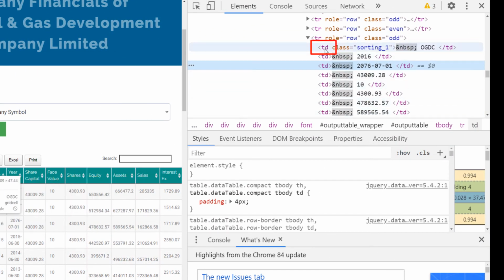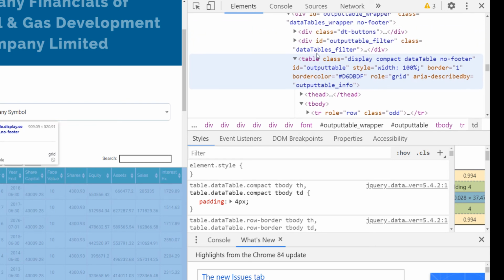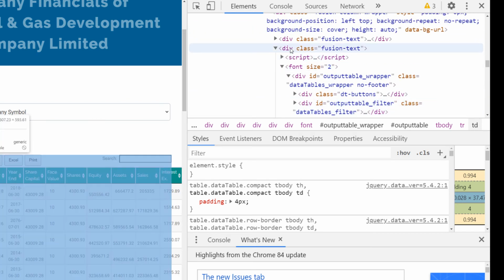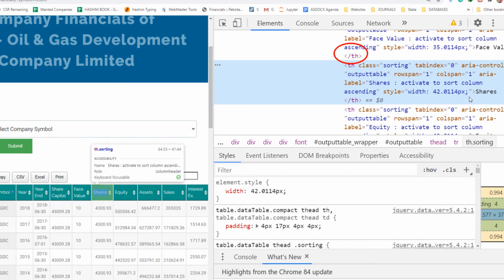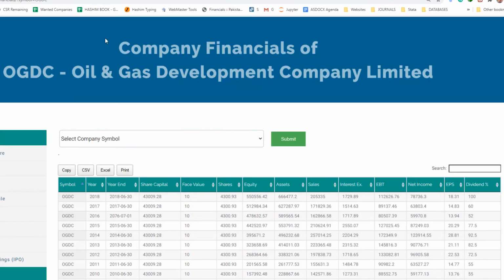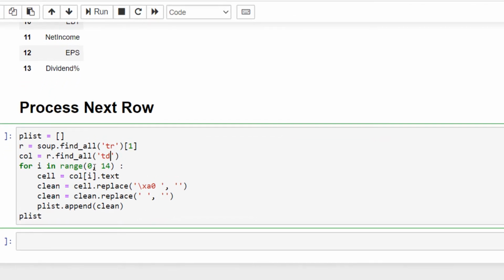So you see all these cells have a tag of td, and before that, let's select this row, it has a tag of th. So for the second row, all cells have a tag of td. So I've changed it, and in all subsequent runs of this code we shall use td instead of th.